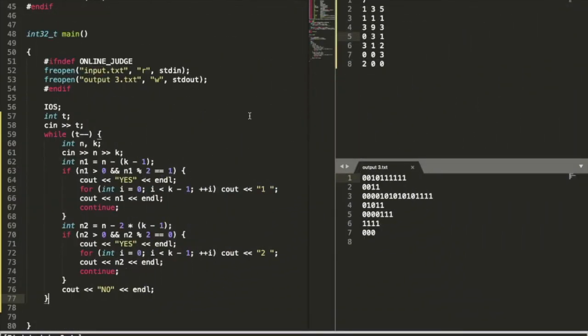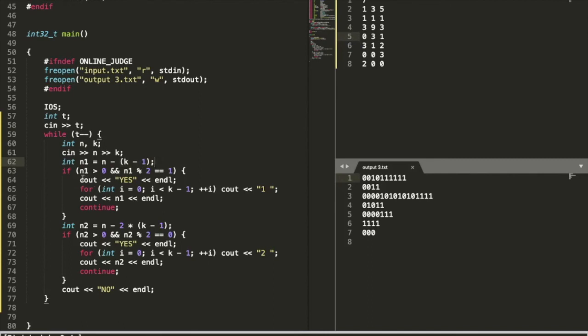So let's quickly review the coding part. I have initialized t for test cases, a while loop to run all the test cases, and the number n we have to make, and k, the number of terms we have to use. I have created one variable n1 which will store n minus (k minus 1). That is, if we use all ones, we are considering the first case when we are trying to make all the k terms using odd numbers.